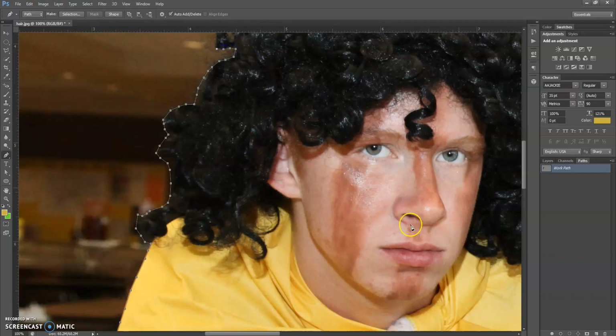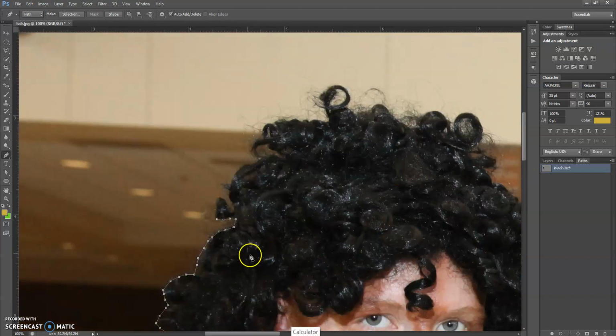It's part of the reason that I chose this image, because obviously this is a wig, but it's quite the hairdo that this gentleman has going on here. I'm going to try to get around the first guy's hair, and then we're going to pause and pretend we're at the end of the hour, and we need to save our